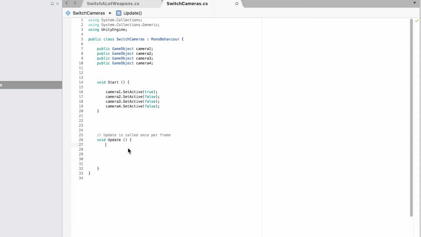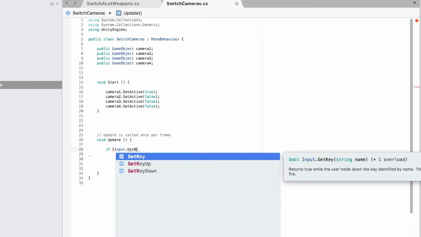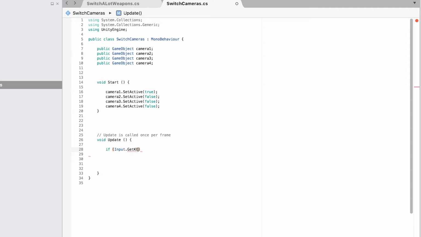So what if you press the key? We want to switch cameras when we press the key, right? Okay, so here we can see if you input the key. So here I will say Input.GetKeyDown. As you can see, when you type here, it will automatically pop it up. So GetKeyDown, what key we want to press. Let's see, if I press 1 key, or you can give it a letter. It depends on what key you want to set. So whenever you press the number 1 key, and then